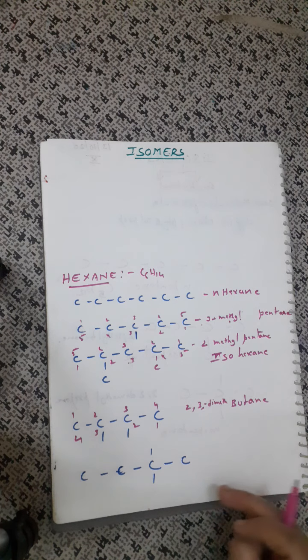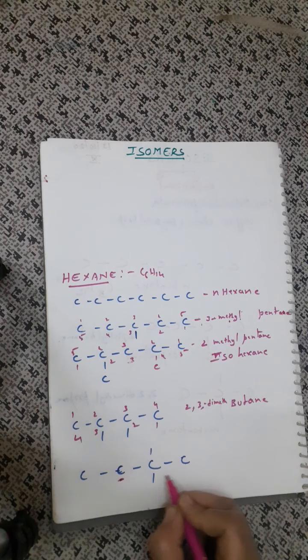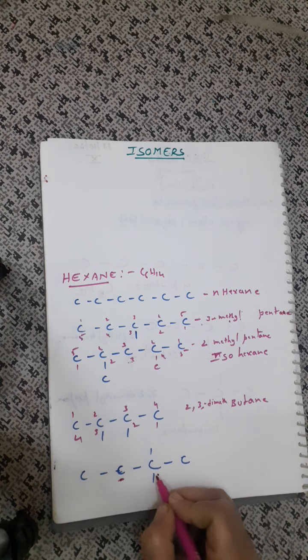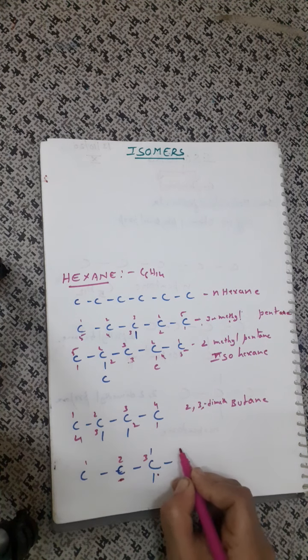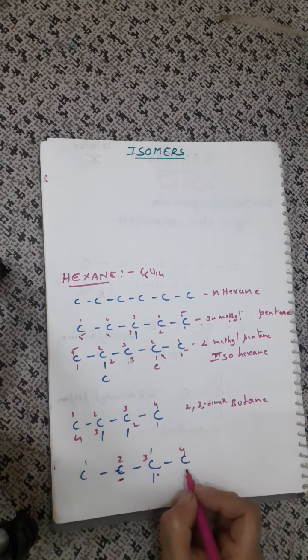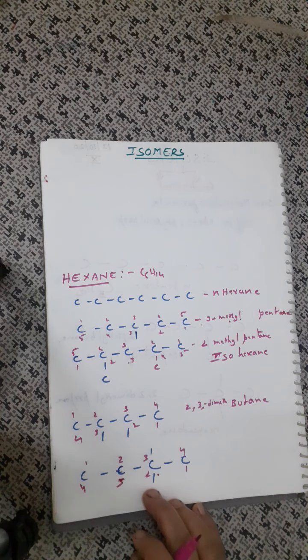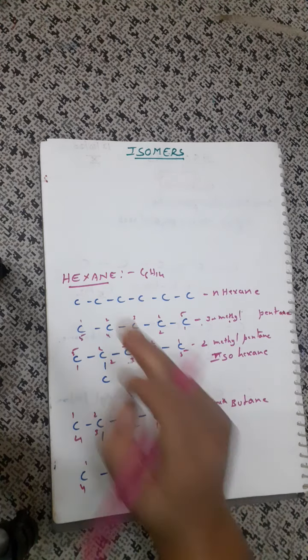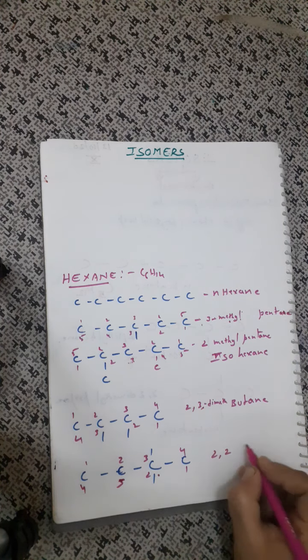Then similarly, they can be attached to the same carbon. Okay, either to this carbon or to this carbon. The numbering will be again from the least side. So if I start counting from my left, it will be on the third position. But if I start counting from my right, it will be on the second position. So which will I prefer to name? I will prefer to name from my right side. So the fifth type of isomer of hexane, you see it is 2, 2. How many methyls? Dimethyl.